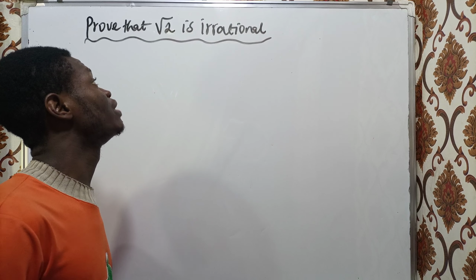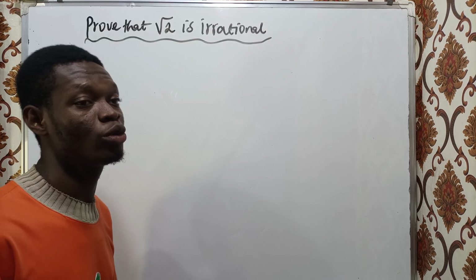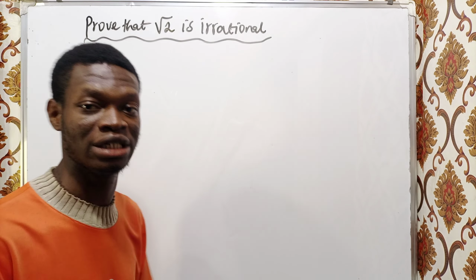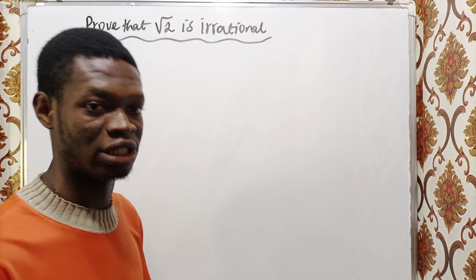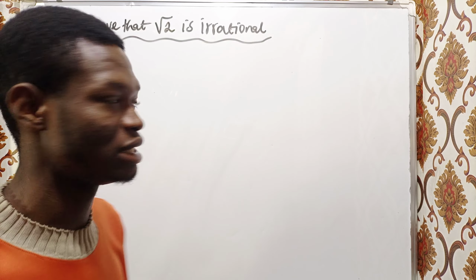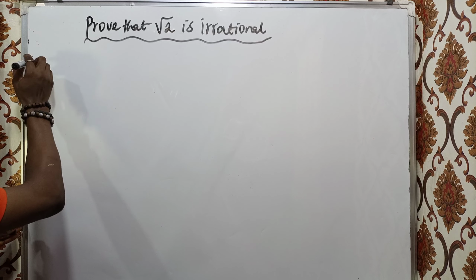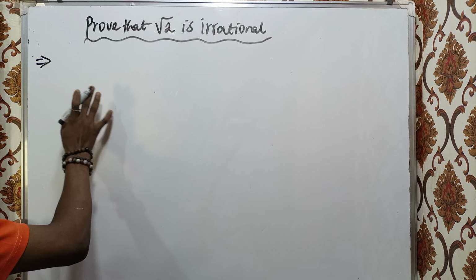Let's quickly prove that root 2 is irrational. So you know what an irrational number means. Those are numbers that do not come in the form of a fraction where the denominator is not equal to 0, and those numbers are also integers. So to prove this, we are going to first of all assume,